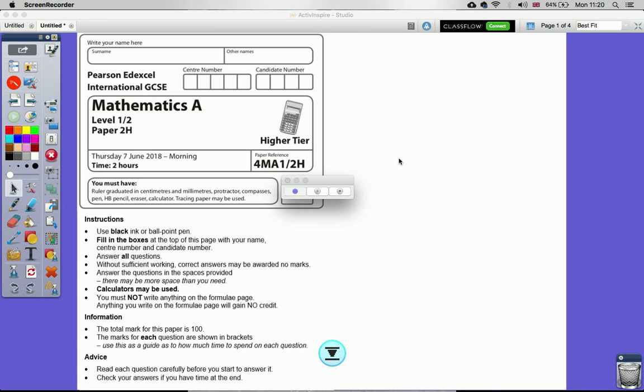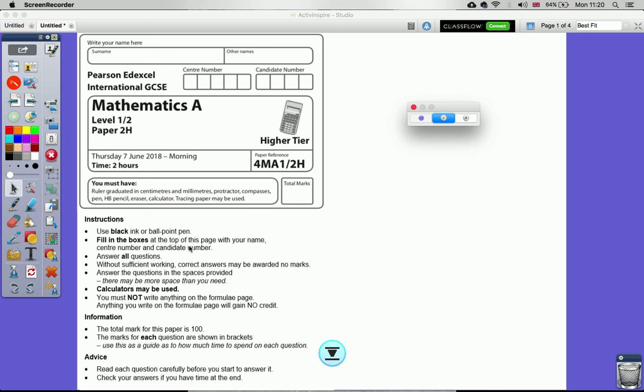Today we are going to look at Mathematics A, Paper 2H, that's June 2018, 4MA1. Yesterday, in our last video, we showed the solution to 20 questions of Paper 1H, and today we're going to look at 2H. Okay, so the same rules apply where it says that you have to use black ink or